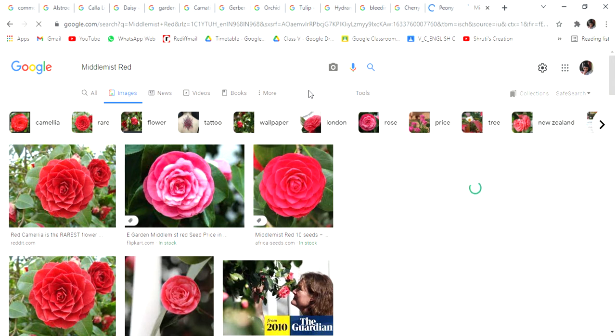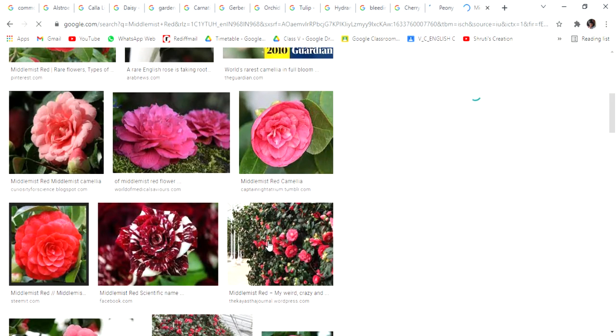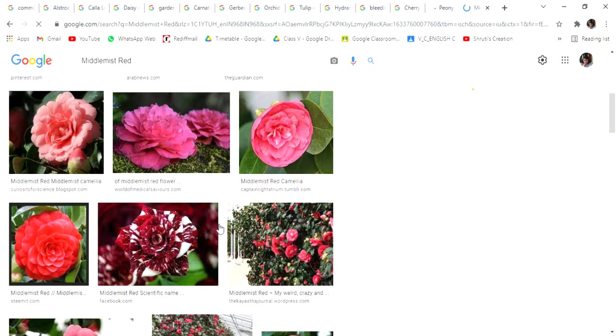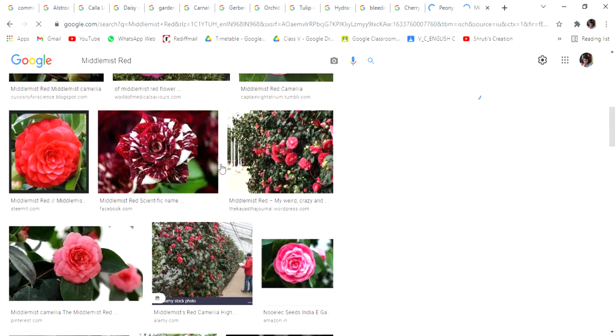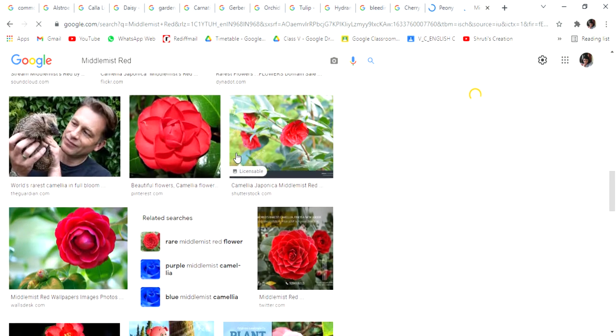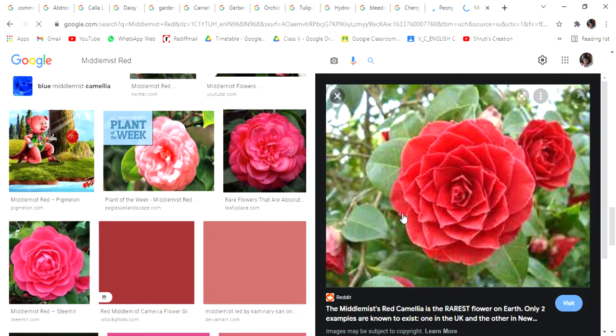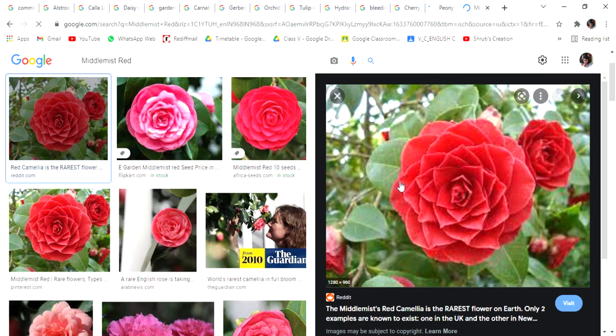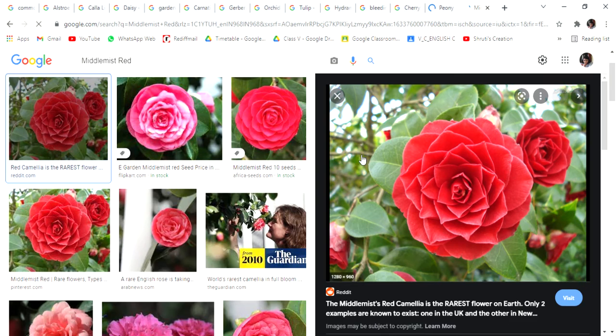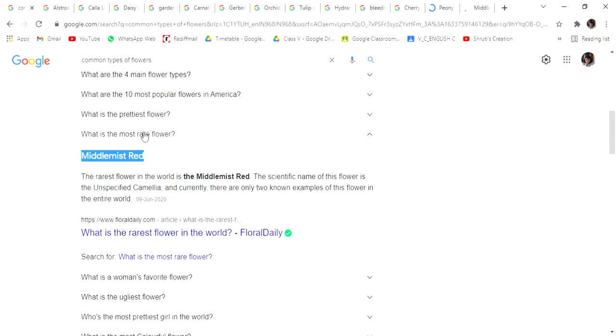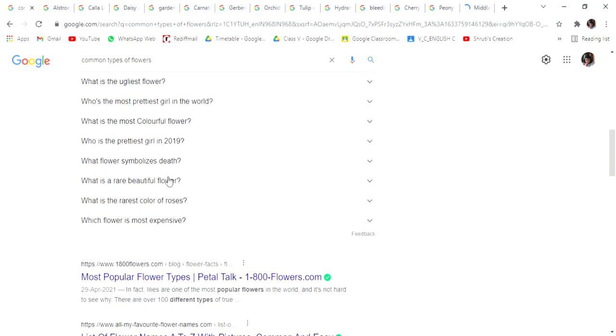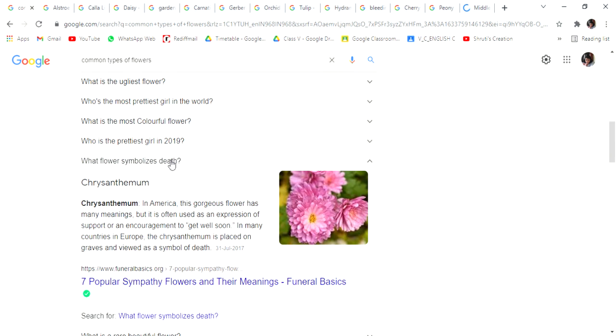And this Middlemist Red flower is red in color, pink in color, and it has a scientific name. So very nice, like velvet in color you can see here, and there are many nice flowers of it. This flower, this one, it's a very nice one, and if you look carefully at the feathers, they're very nice. It has 10 seeds, it has 10 seeds. This is a really nice one. It's the rarest, it's the most rarest flower, and also like every flower there is also a flower which